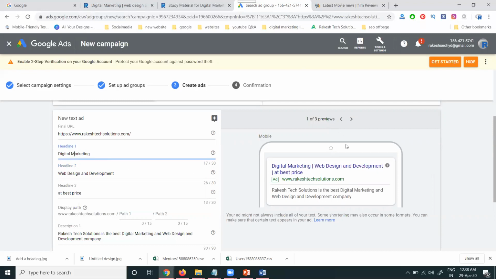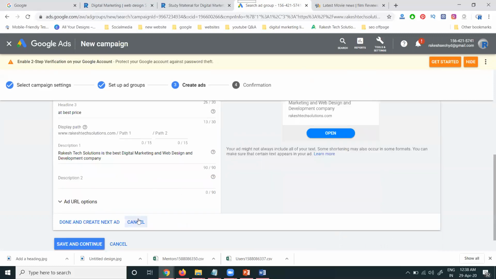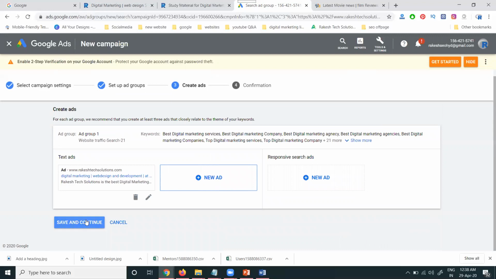Here the preview confirmation will be for mobile, desktop, and display. I disabled the display option. Include your text, with some shortening in the current format here. Compulsory, you can follow this option. Add your creation, save, and continue.